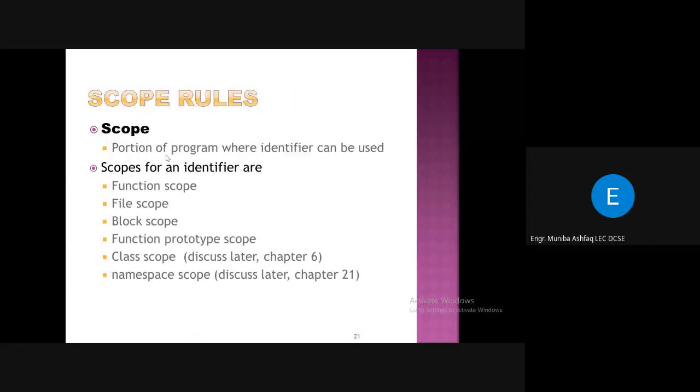Oh, here are the scope rules. This is the last. We had the two topics: storage classes and the scope rules. So coming towards the scope rules. Scope is the portion of the program where an identifier can be used. I already told you scope, that the portion of a program where those variables are visible, accessible, they can be used,